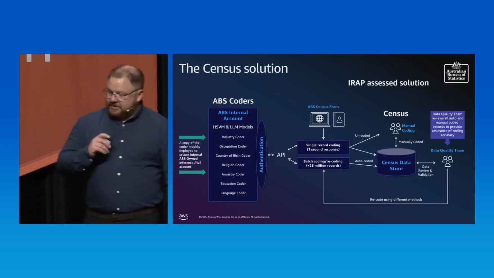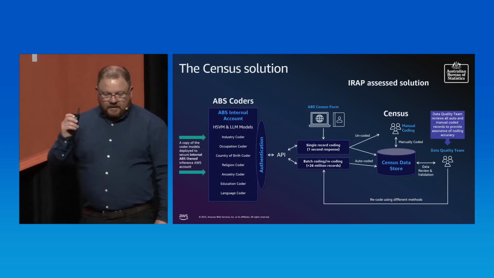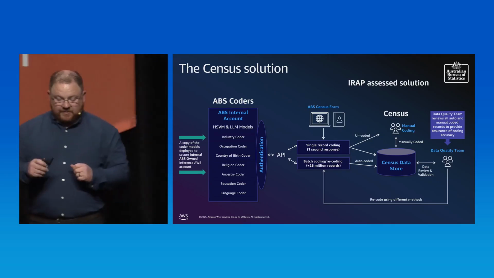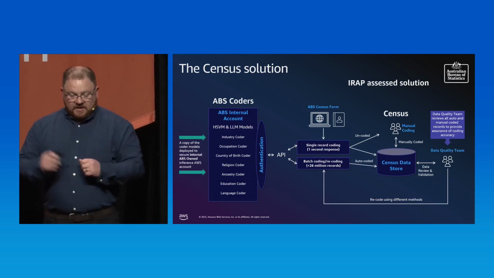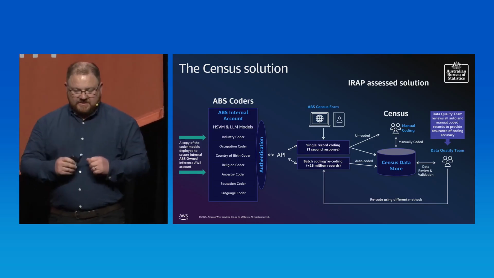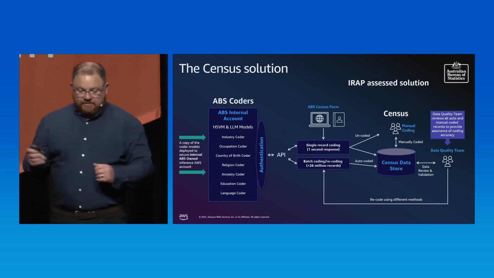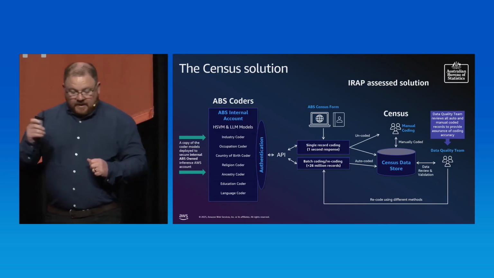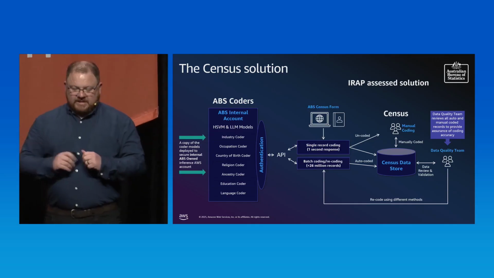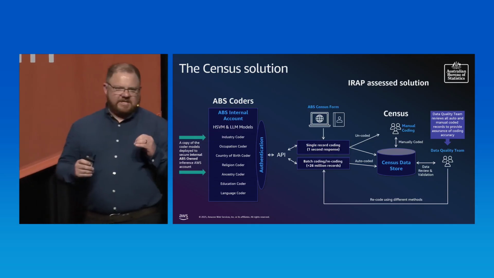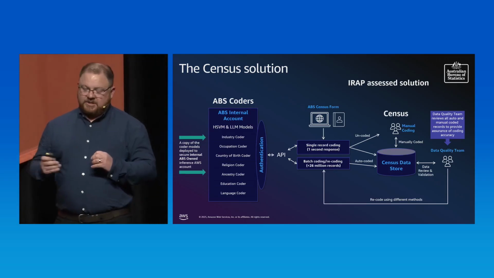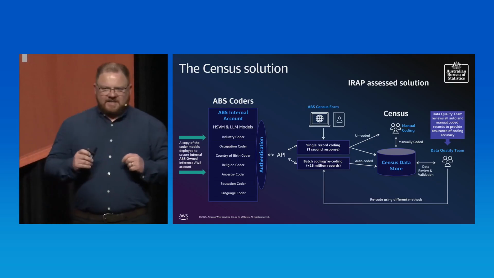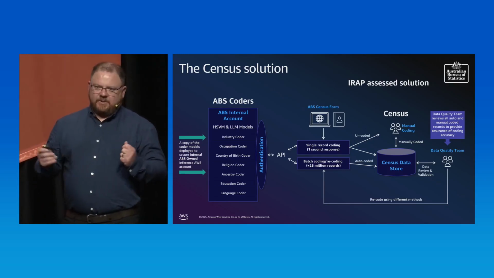So the Census solution looks a little like this. The models are produced to our ABS internal account, accessed through an authenticated API. The data comes in from the census form, flows through the models, and is written back to the data store. The data that can't be coded goes to our manual coding team, and then once complete, the data moves to our data quality team. The data quality team then focus their energy on ensuring that the data is fit for production, that is of high quality. They can also recode the entire data set in a matter of minutes using our AWS solution.